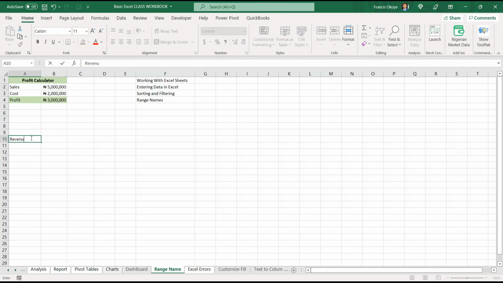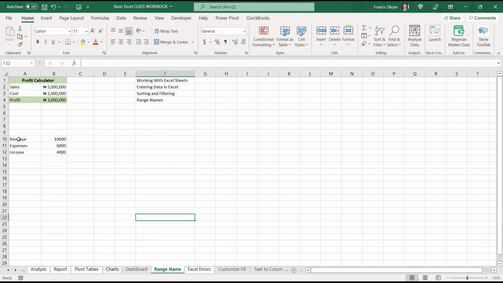So let's say, for example, revenue, expenses, and profit. Let me say income. If I have here 10,000 and here 6,000, we know this is supposed to be equal to this minus this. I want a situation where, if I'm using this repetitively, I don't always go back to reference this particular cell.